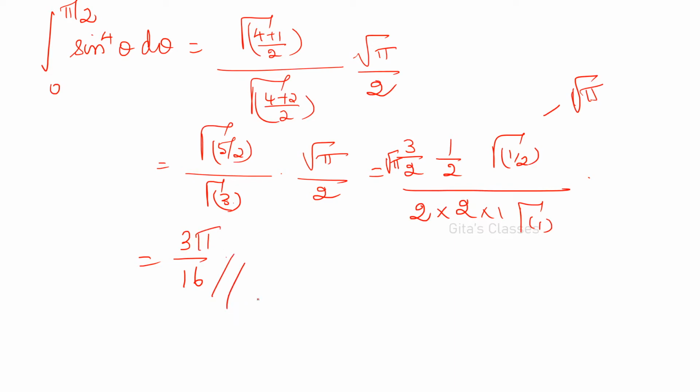Okay. Here integration will be tedious. Even for sine power 5, sine power 6 or cos power 6, all those things, it will be tedious. So if you use the gamma function, this will be easier. You can directly substitute n is equal to.